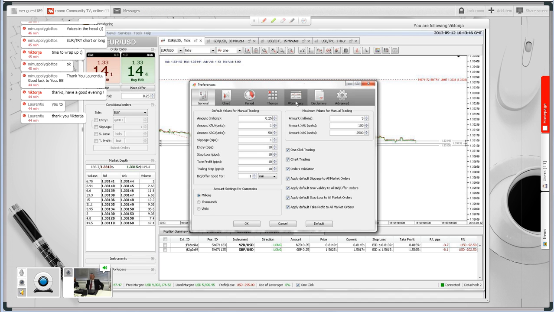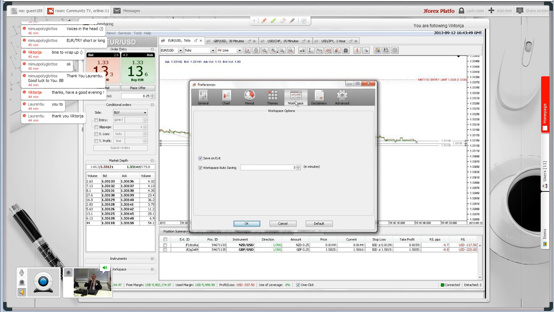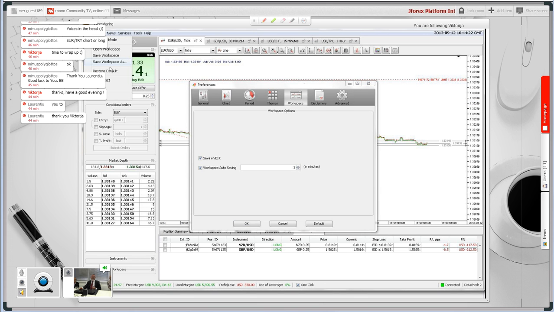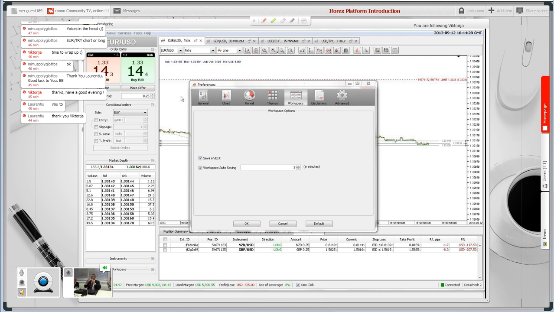Workspace. This is something also which will be very important for you according to the type of systems you have. If you make your presentation of the platform and you like it, and you say, this is what I like to see, and every time I want to come back to my platform, this is what I want to see, I recommend you not to save on exit and not to do the workspace auto-saving. That's the first point. And then I will go to File, Save Workspace As. I will create my new configuration of this workspace. And every time,